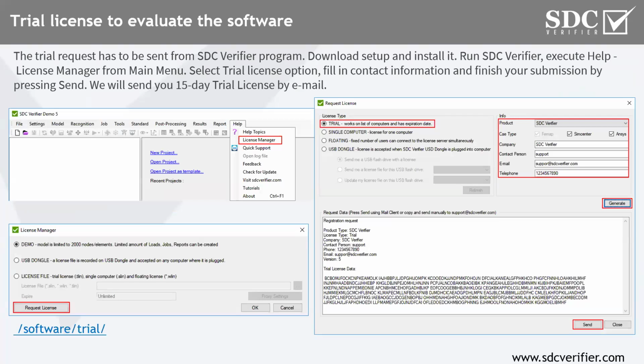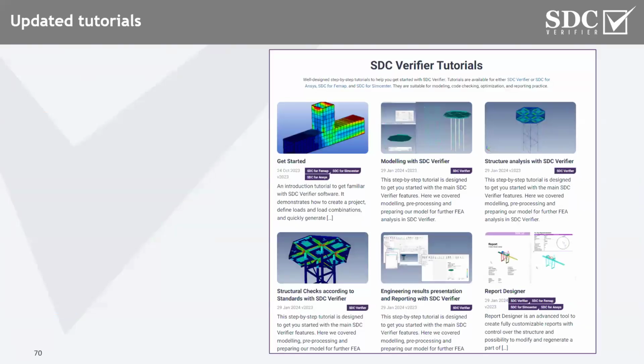For all the people who would like to test the software, you can reach out to EngineSoft, to Alessio, or the other team members to ask for an SDC Verifier trial license. On top of that, you can go to our website, download the software, and request the software yourself and give it a go. We do have a really great testing